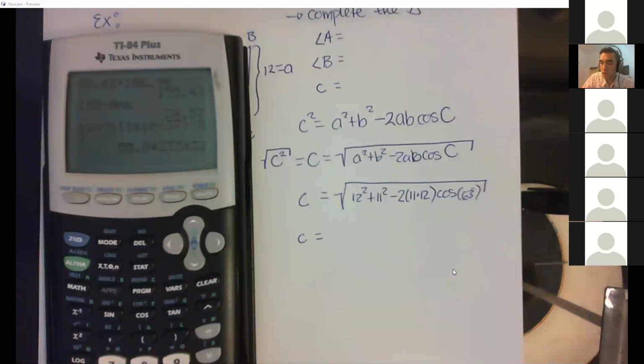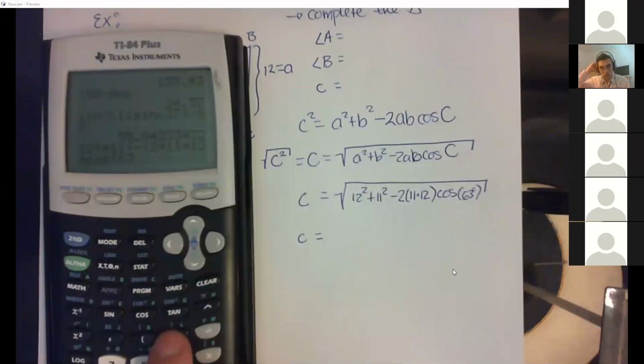So it's going to be 12 squared plus 11 squared minus 2 times 11 times 12 times cosine 63. A whole bunch of stuff, but that's just me entering every single one of the instructions on the inside all at once. So that gives me a big number, 145.15. And now what do I have to do in order to get the final answer? Find the square root of it. Yeah, we have to take the square root of this. So I'll do second square root, second answer, because on a calculator that will automatically pull up the last number it spat out so that we don't have to retype all that. And that tells us that side length C is equal to